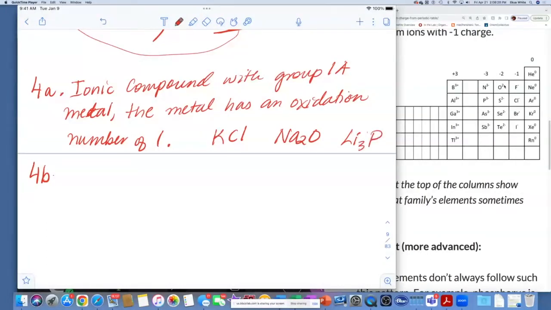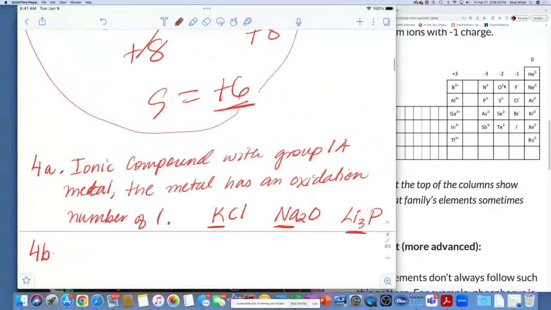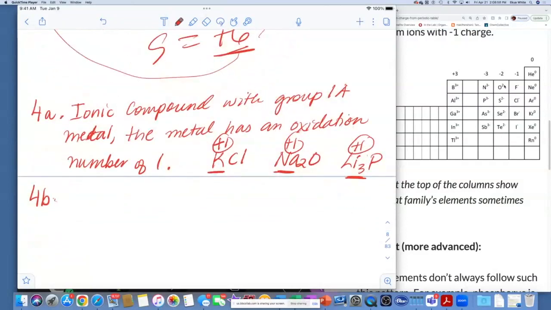Lithium phosphide, okay? Because in all of these ionic compounds where the metal is a group 1 metal, the oxidation number will be +1. Not only that, we're told we need to assign the oxidation number to the metal first, and then this time the non-metal has to adapt. When I learned this, I was like, yes, for switching it out. The same is true if you have a group